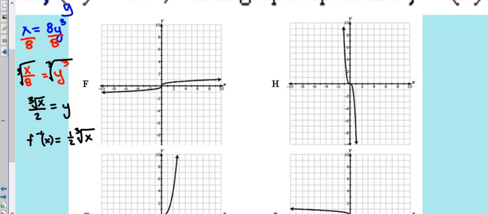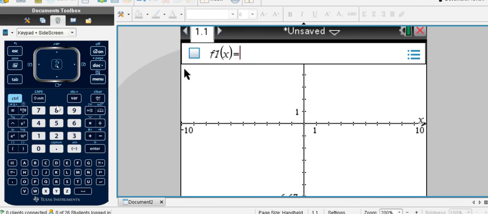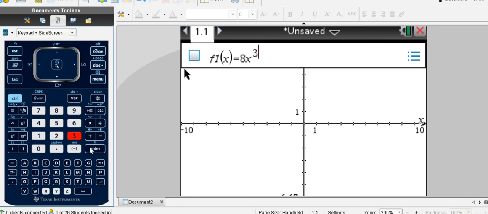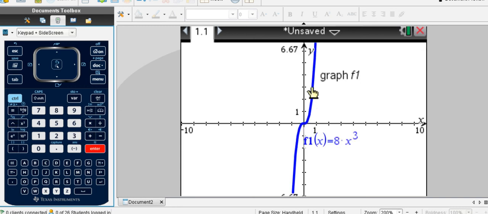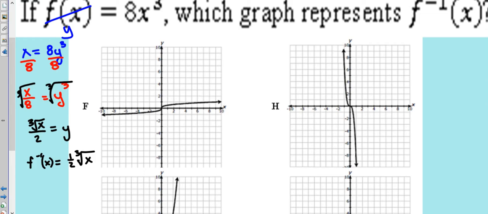From the start, we could have gone and graphed the original equation, which is 8x cubed. So I'm going to go to my graph and type in 8x cubed. And we get this picture. Now we know that it means for inverse to switch x and y. So you can press Control T and switch some values. So for example, we have 1 and 8. So that means on the inverse I would have 8 and 1. So this would be solving by table. So instead of having 1 and 8, we would switch it and we would say we have 8 and 1